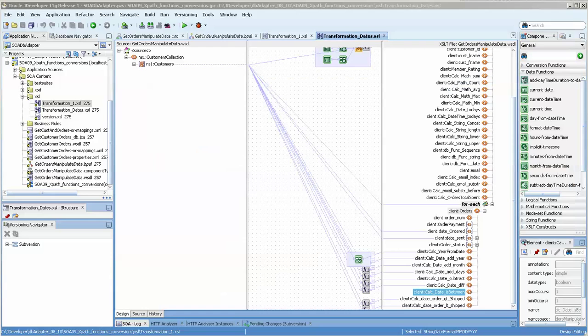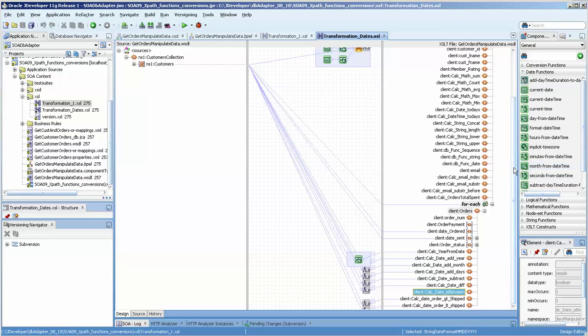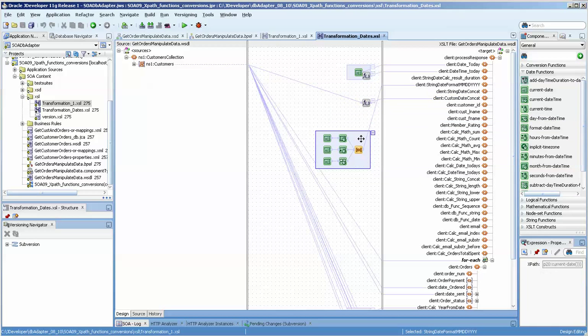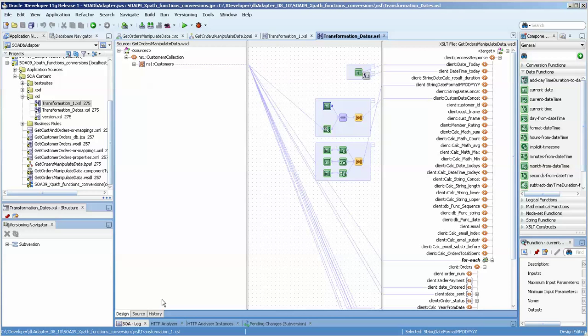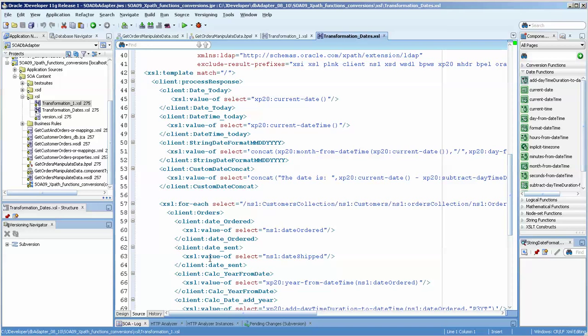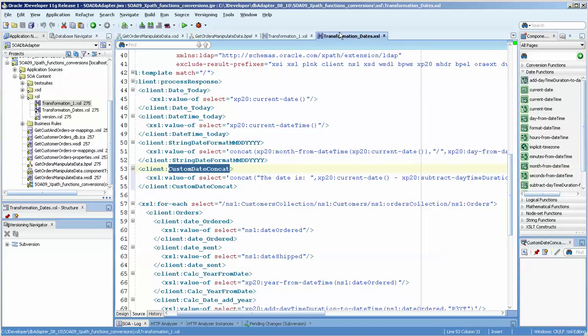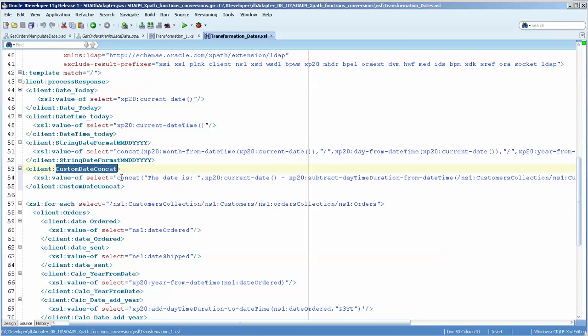This is the custom date concat. Excuse me. I think that's up here actually. Here we go. And let's move this out of the way because that's interrupting. Let's take a look at that. Custom date concat, because that was just too hard to read. Using the XML is almost easier in a way, don't you think? So you take the concat, the date is,